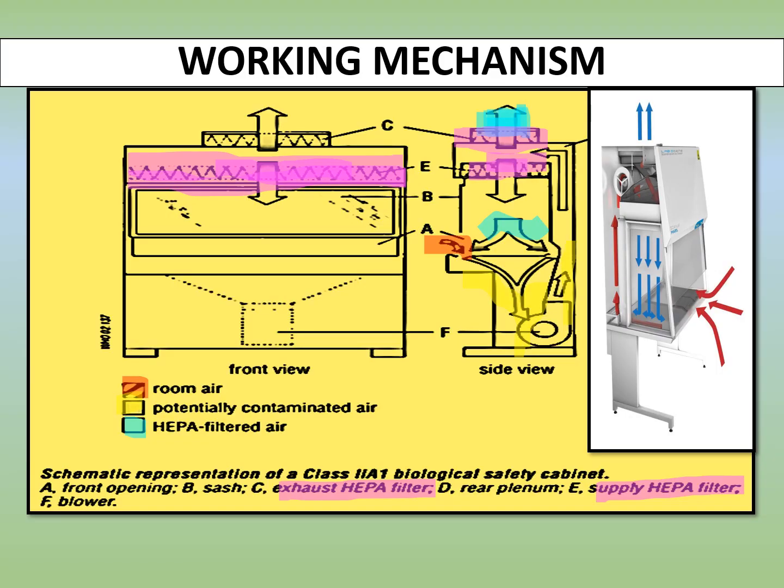The main difference between Class 1 and Class 2 biological safety cabinet is not only on the basis of biosafety levels but also on the basis of product protection. In Class 2 cabinet, as the room air is carried away from the user, it provides protection to the user. But unlike a Class 1 biosafety cabinet, after protecting the user, it moves through an inward flow system and does not come in direct contact with the product.